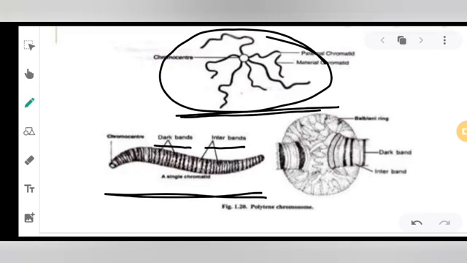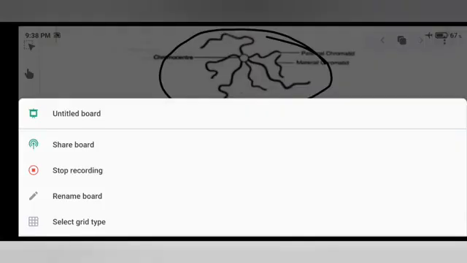The dark band means that in these areas the DNA is tightly packed, forming a dark impression, whereas in the interband over here the DNA is loosely packed, so it is not that dark. Apart from this, you can see that these polytene chromosomes have some enlargement at some sites of the chromosomal size. It is very much enlarged, and those enlargements are termed as the Balbiani ring. So this is the general idea of the polytene chromosome.